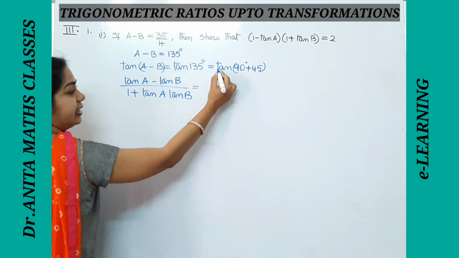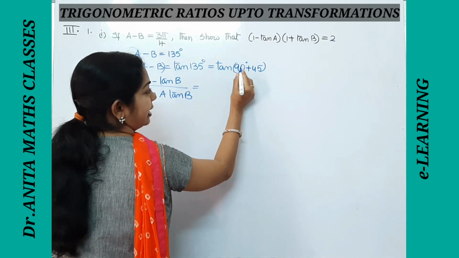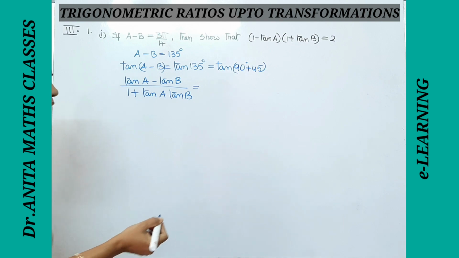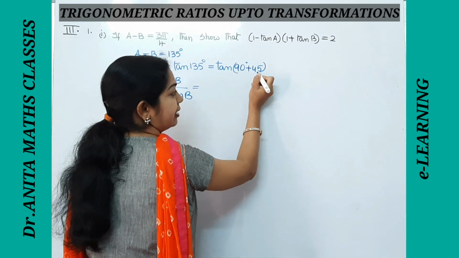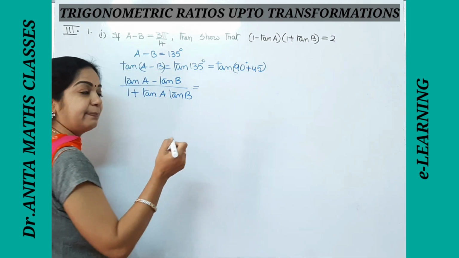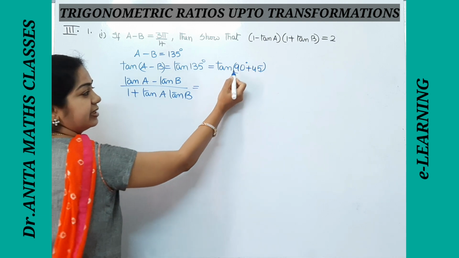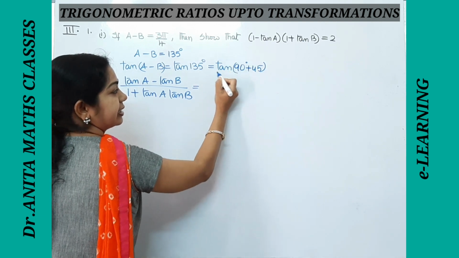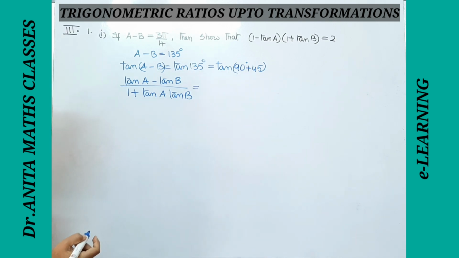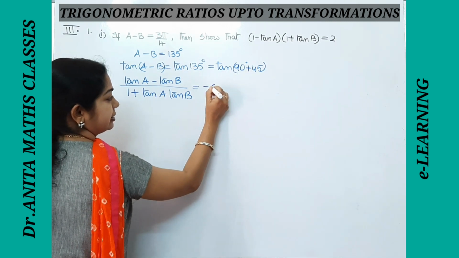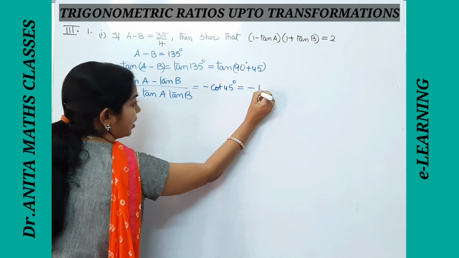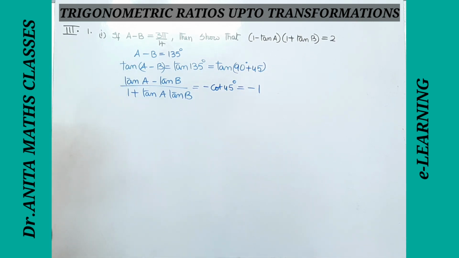Now here we get tan 90 plus 45. 90 means it becomes complementary, that is cot 45 we get. But what sign we have to apply? Cot 45 with 90 plus means in the second quadrant. In the second quadrant tan is negative. So minus cot 45 we get. Here minus cot 45 degrees is nothing but just minus 1. Cot 45 is 1.